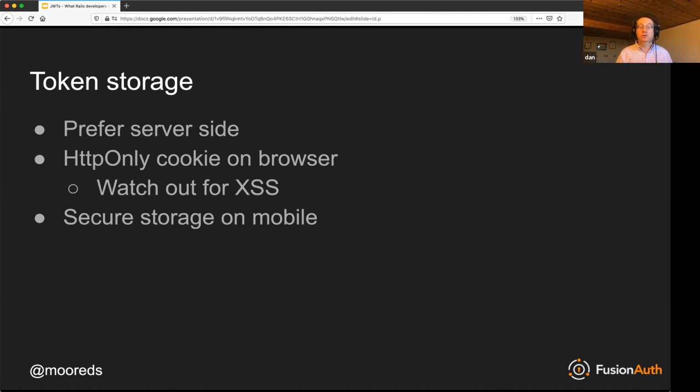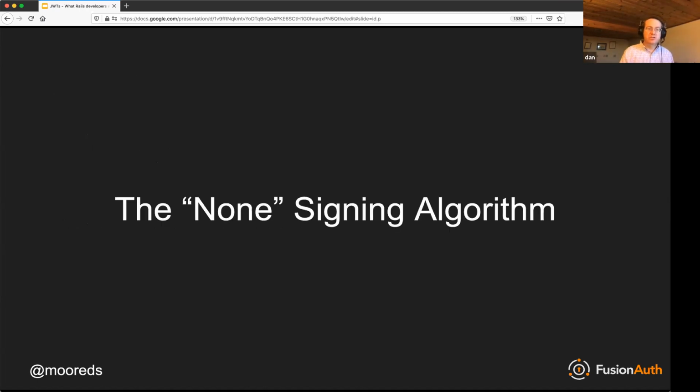And so if you are going to send it down to the browser, it's recommended to store it as an HTTP only cookie, which means that you don't have as big an issue with cross-site scripting attacks. And if you're going to store it in a mobile client, use like the iOS keychain, or I think Android has secure storage. So those are recommendations around token storage.